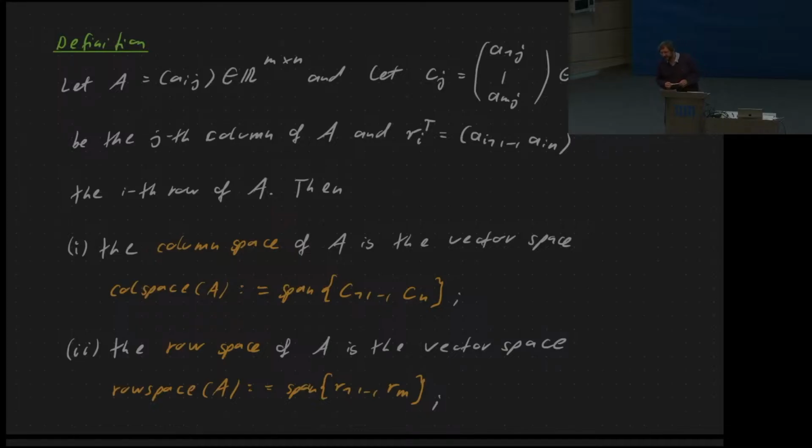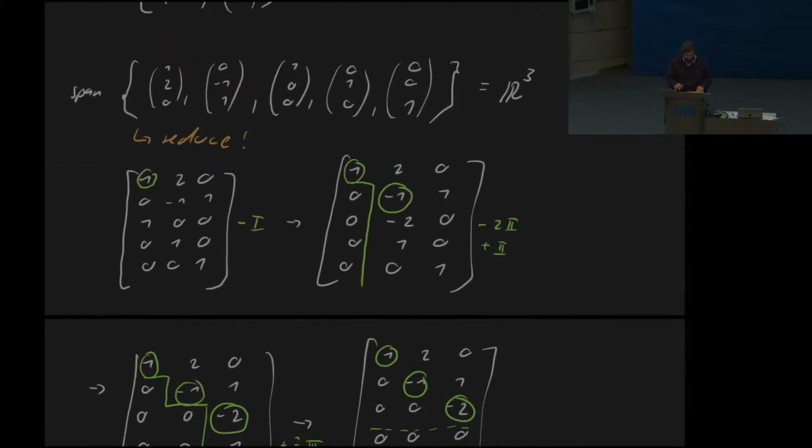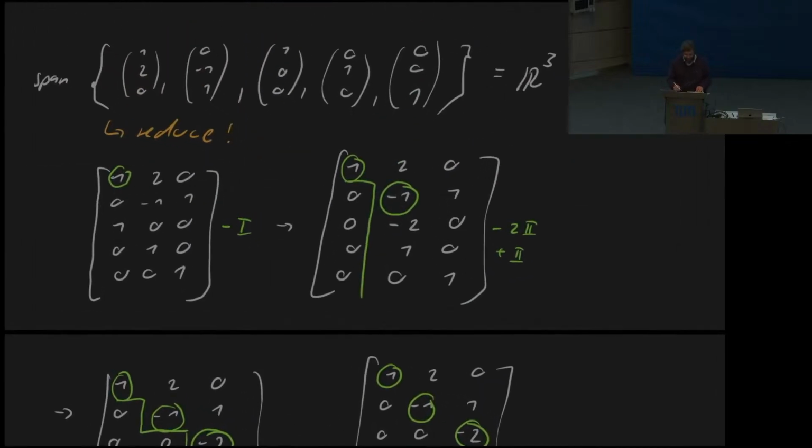Those are simply the vector spaces that we get by taking the span of all the column vectors, or the span of all the row vectors. You remember we've worked with those in the examples that we did today. Right here, for example, this space here, I can write this as the row space of a matrix